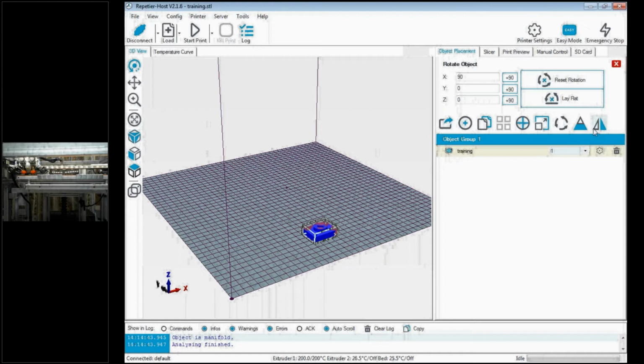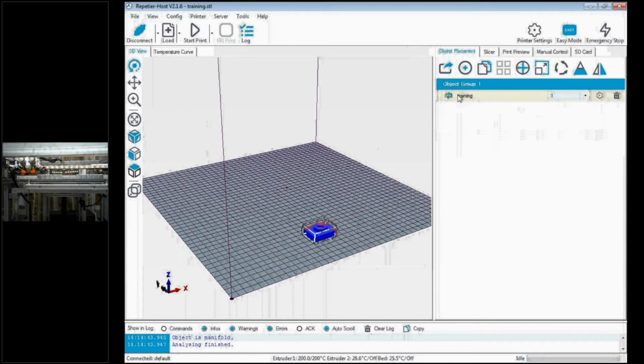So then, after your orientation is over, we are going to choose our extruder. So we have object group 1 here. So this is actually the model name which I mentioned as training, and this is the extruder kind. So extruder number, we can have 16 extruders in this software, but in our case we are going to use only 1 and 2. So we will start with 1 itself. If needed, we can go with 2. That is the extruder number.